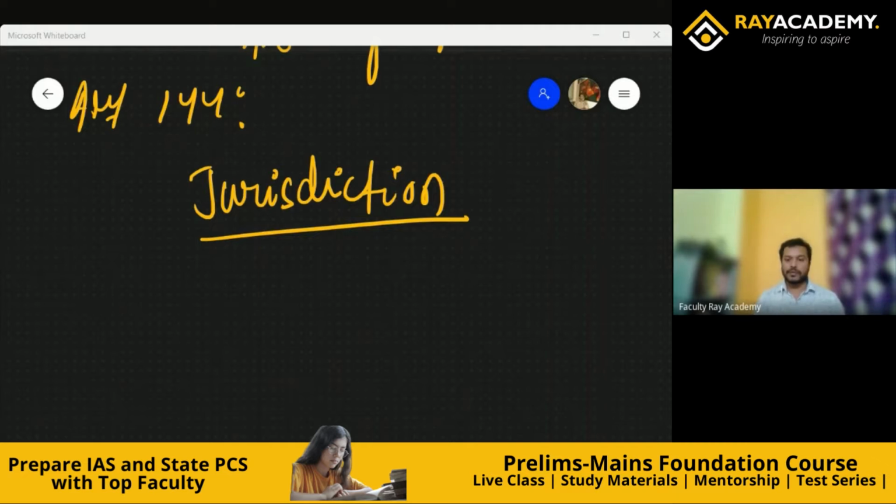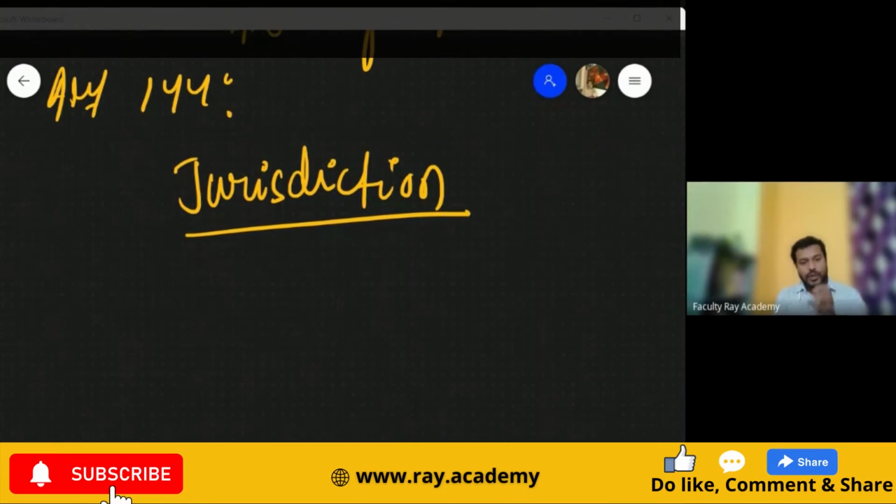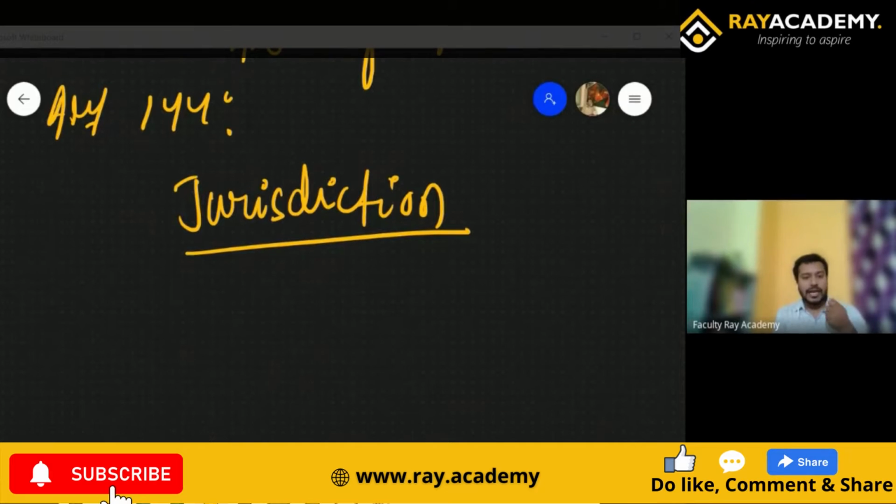जैसे कि for example, if somebody asks me a question related to medical science, I don't have the jurisdiction. I don't have the knowledge. I don't have the expertise. I cannot comment on it. But if somebody is asking questions related to civil services examinations, I'll try to give an answer because I have a little bit of knowledge related to it. So every institution has this kind of jurisdiction.